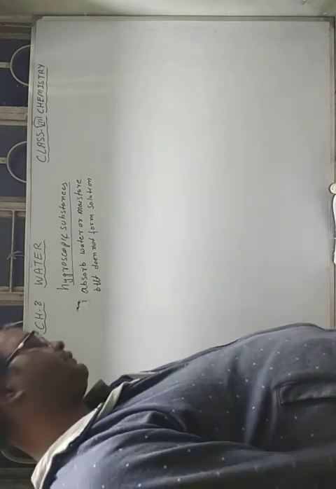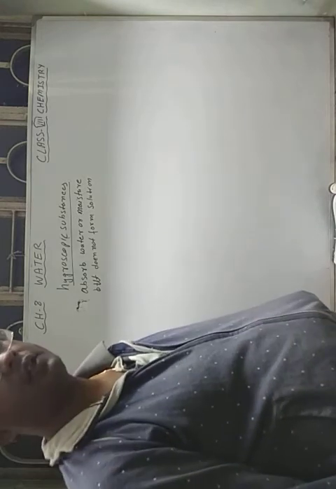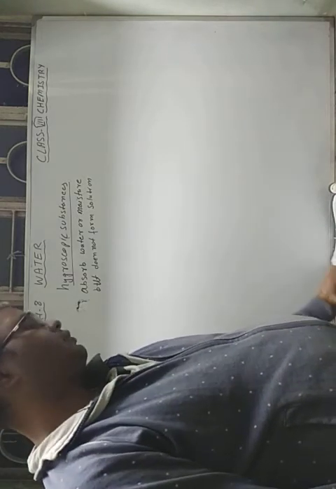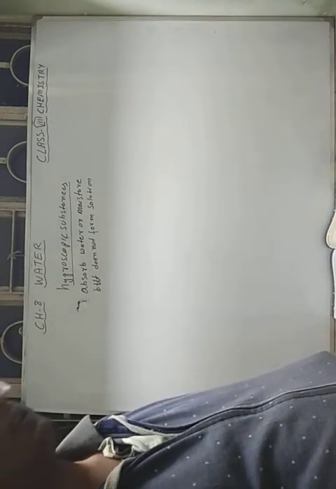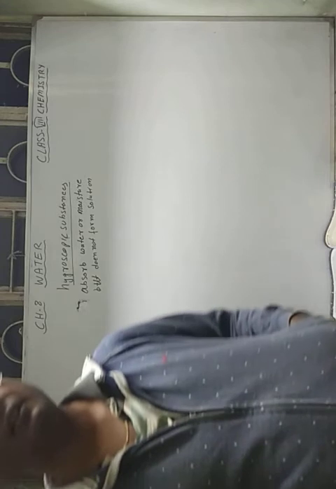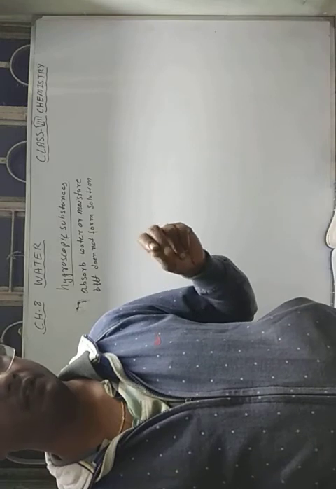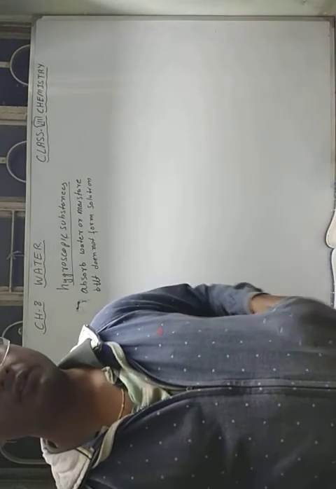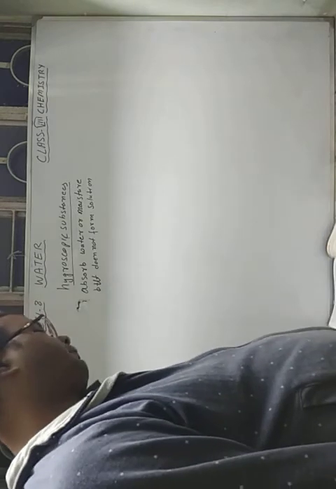And the phenomenon of absorbing moisture from the atmosphere is called hygroscopy. So if you have already seen in your daily life some common salt and sugar at your home, in the rainy season they become slightly sticky, and it does not flow easily through the salt containers also. So they absorb moisture from the atmosphere. That type of phenomenon, we can say these are hygroscopic substances.